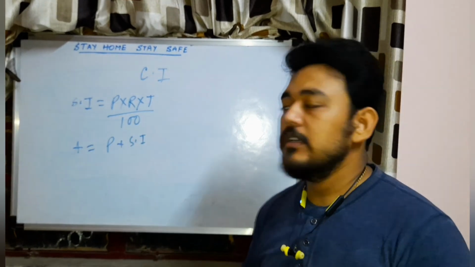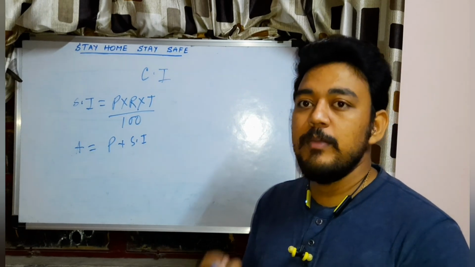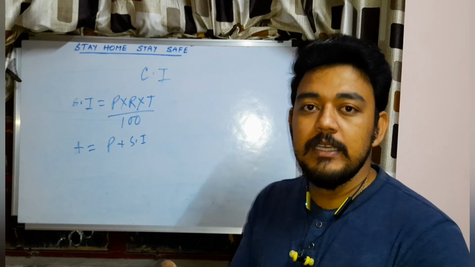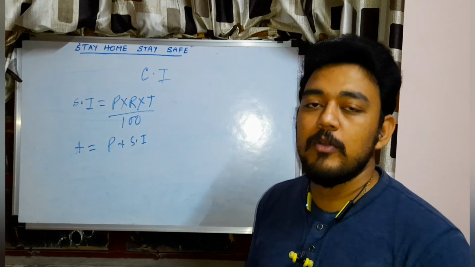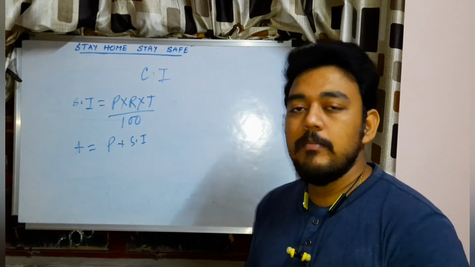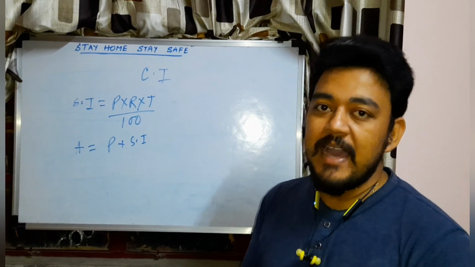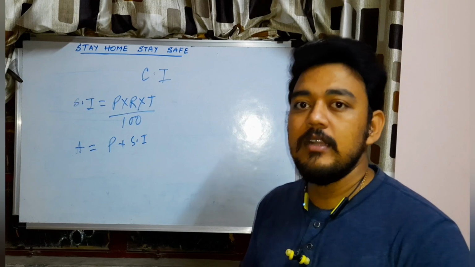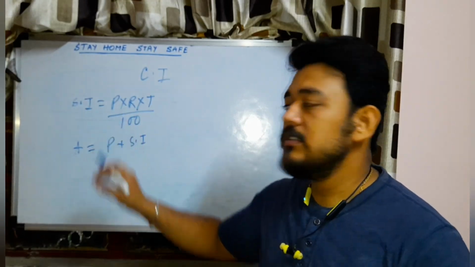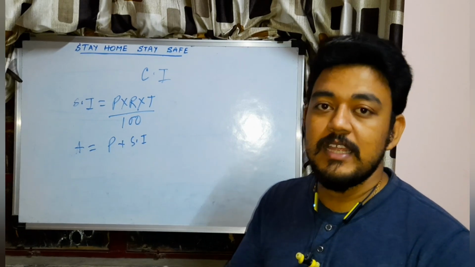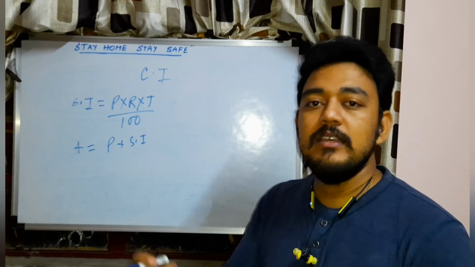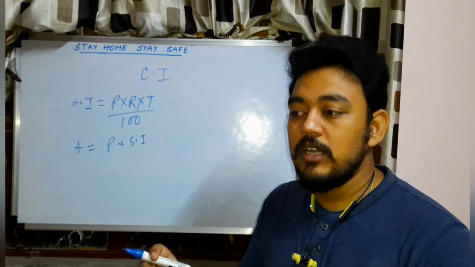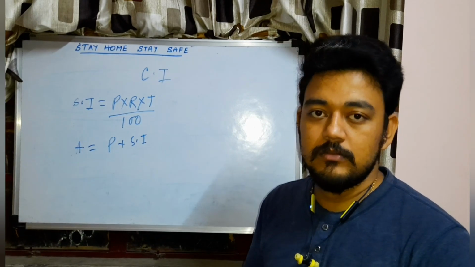Simple interest is the interest which the bank is giving according to the amount and the time for which we are keeping it in the bank. This is the total amount which I have to give to the bank, and then the bank will decide the rate according to my time. So here this is the formula of simple interest. The bank will give you the interest at a time, not stepwise. That is, however many years you want to keep it, they will give you the interest by calculating the total rate, not stepwise.